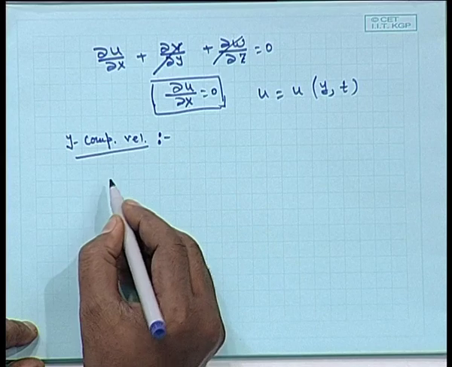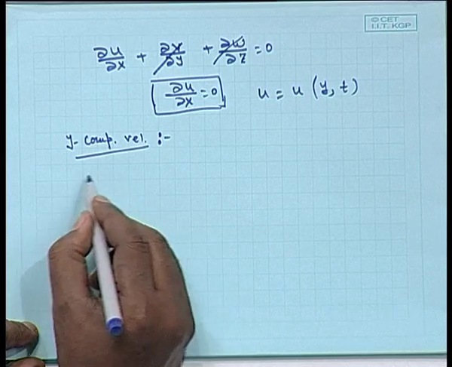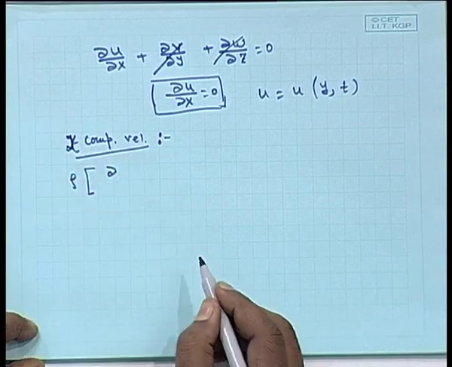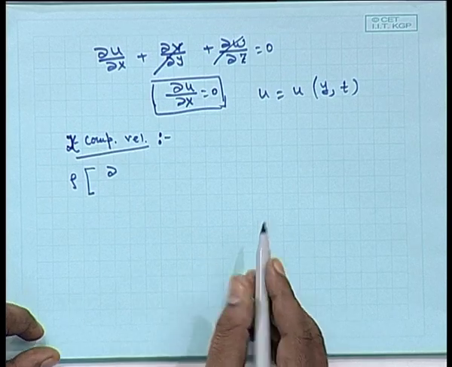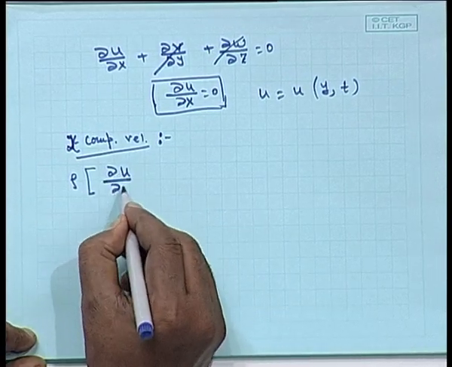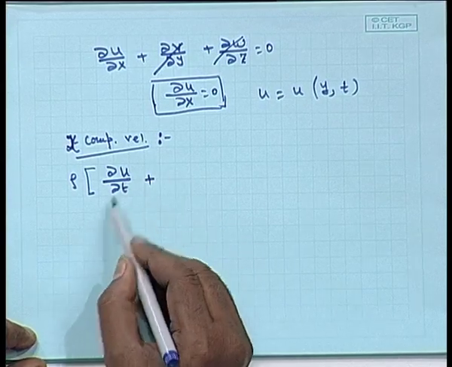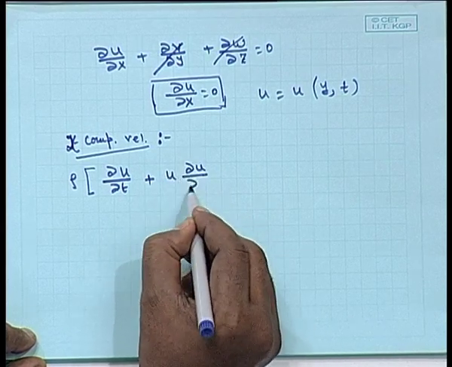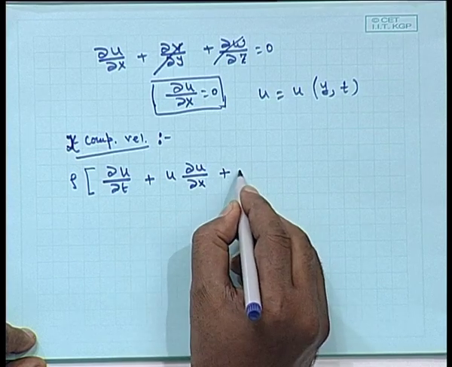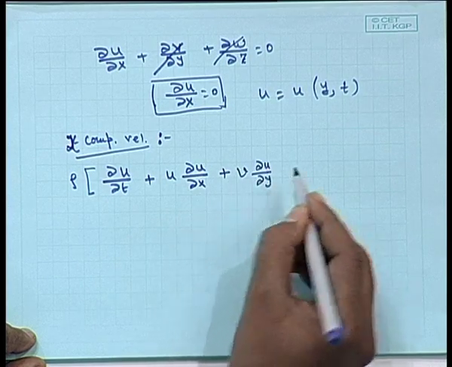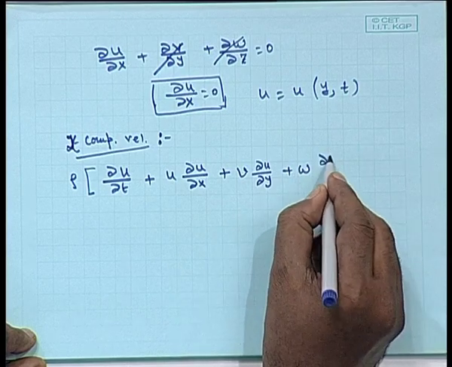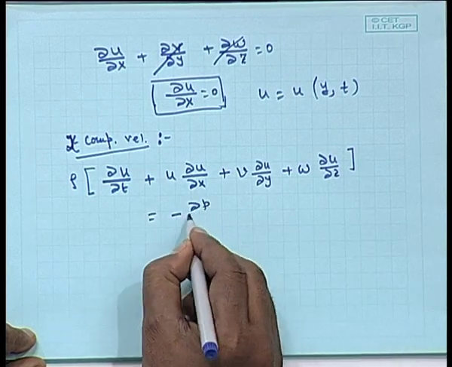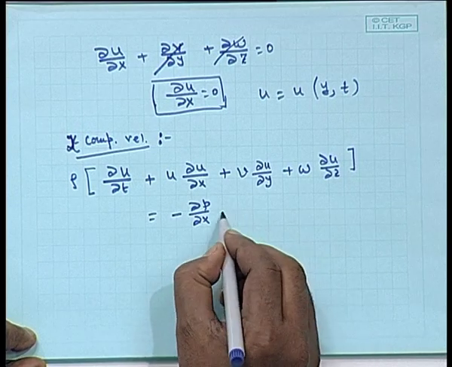Okay, there is the Navier-Stokes equation, rho times, you write down starting with x, y and z. Let us say first we write down the x component velocity field. So, it will be rho del u del t, this is the local derivative term, plus the convective terms, that is u del u del x plus v del u del y plus w del u del z, okay, minus del p del x, the pressure gradient term, plus mu.